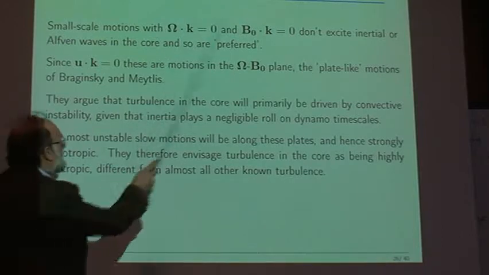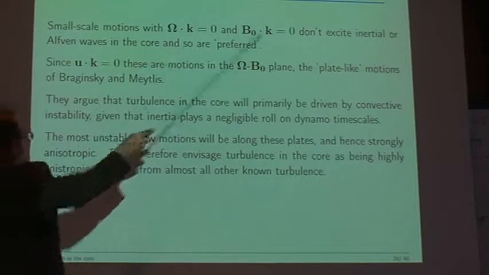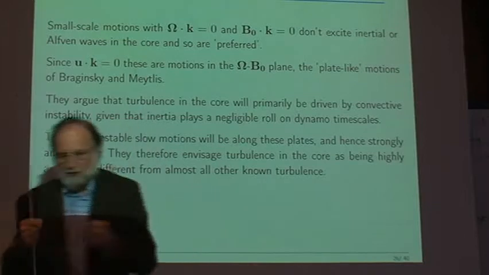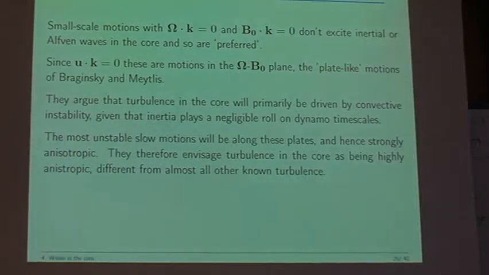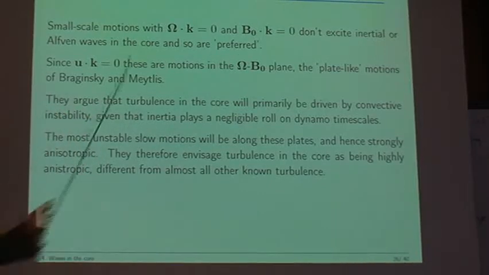Small-scale turbulence in the core is more likely to occur if the k wave numbers satisfy those relations. His argument was that if they don't, they will lead to fast oscillations, and those fast oscillations will radiate away and lead to dissipation and damp out. That's perhaps not so clear, but nevertheless, that's the